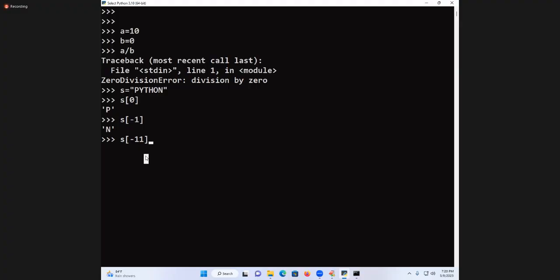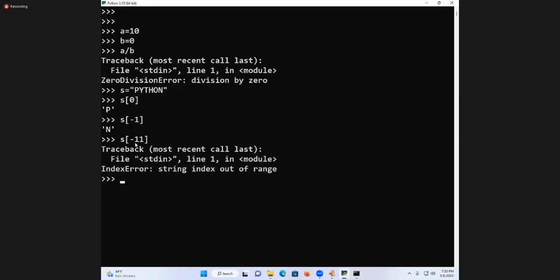Runtime error. Runtime error is called what? Exception. Every invalid input is called an exception. Exception means what is occurring? An object. An object requires an exception class. Again, invalid input is known as what? Runtime error is called exception. An exception needs an object created.